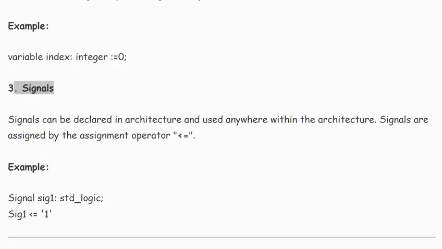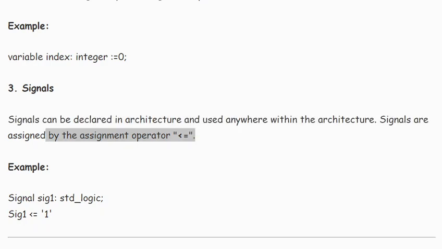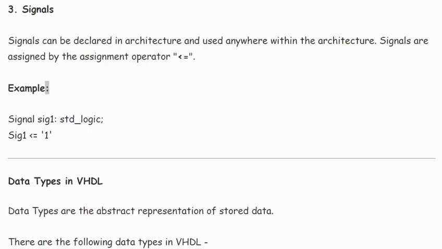3. Signals. Signals can be declared in architecture and used anywhere within the architecture. Signals are assigned by the assignment operator <=. Example: signal sig1: std_logic; sig1 <= 1;